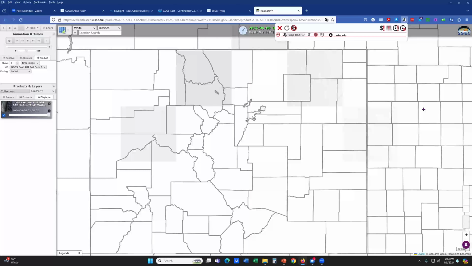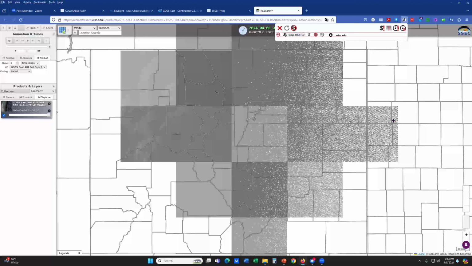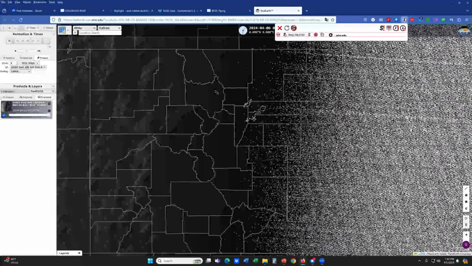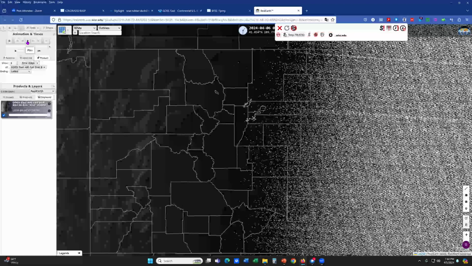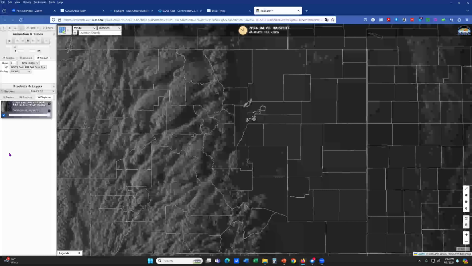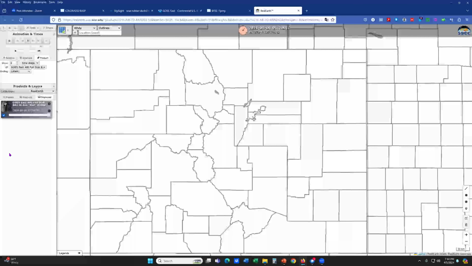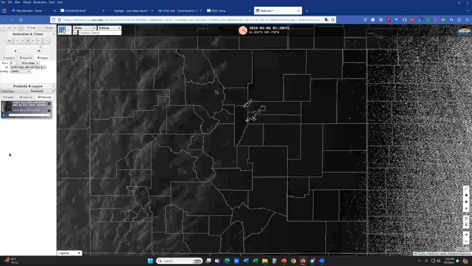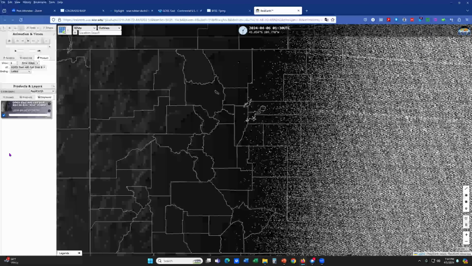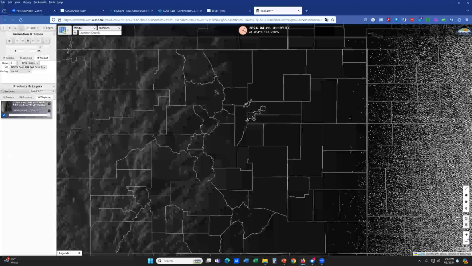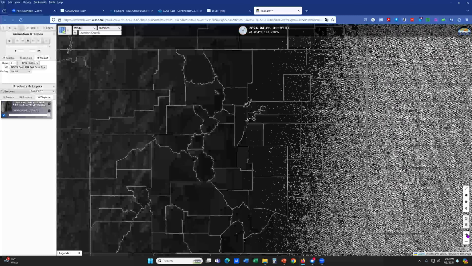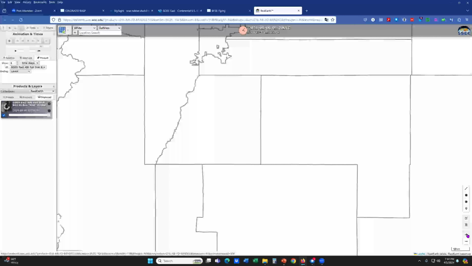And this imagery is coming from the University of Wisconsin. Each time you see a flash, that's a different image. These images are 10 minutes apart. And if we wanted to, we could come in here and zoom in. So if you really wanted to get close,